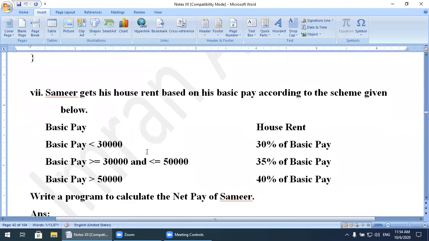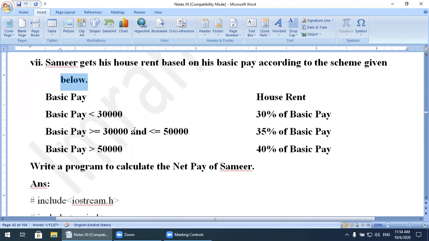Next question. Samir gets his house rent based on his basic pay according to the scheme given below. Basic pay and house rent. If the basic pay is less than 30,000, then he will be given 30% of basic pay.